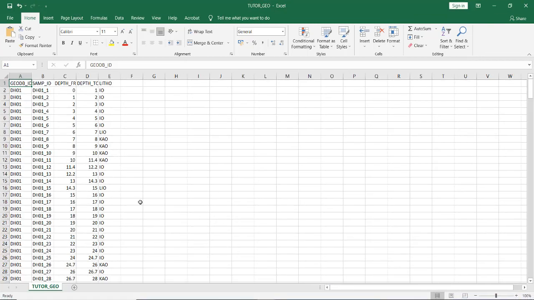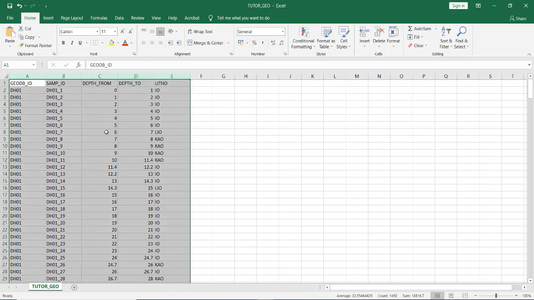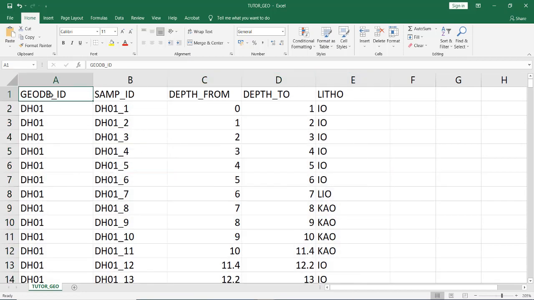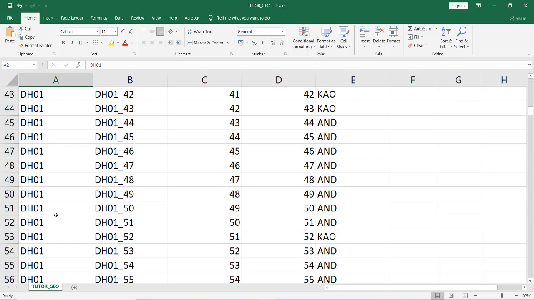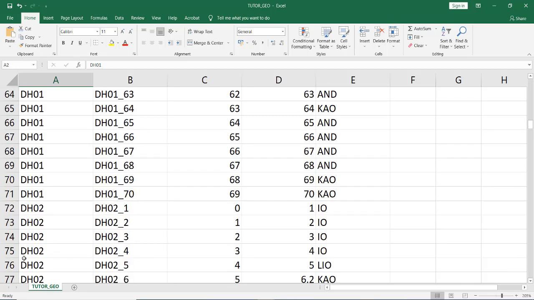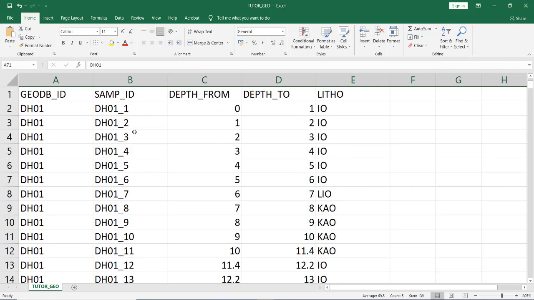Next, the geological database. First, geodatabase ID, drill hole 1. Okay. Sample ID, sample for core data number 1, 2, 3, 4, 5. Okay.